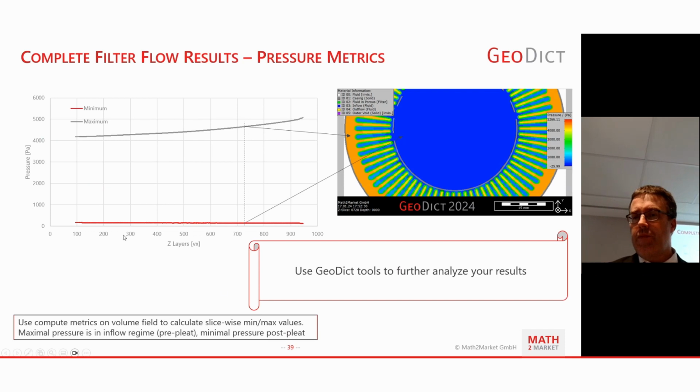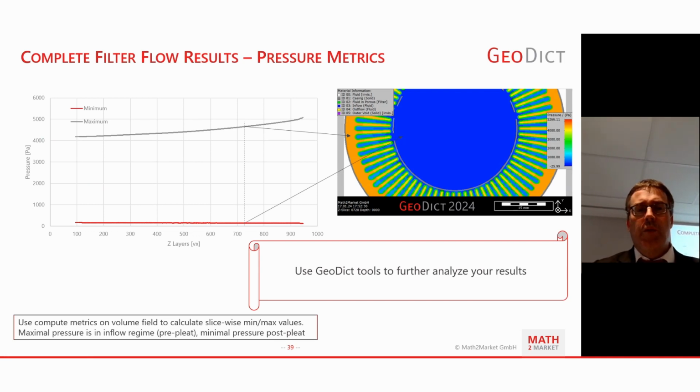Compute metrics. Here in this case, to calculate the slice-wise minimum and maximum values of our pressure field. In this case, slice-wise in the vertical direction. So starting from the bottom, going up to the top where the inflow was. You can see the minimum pressure is always at the inside, the blue area here.